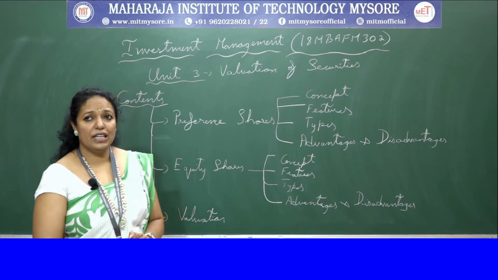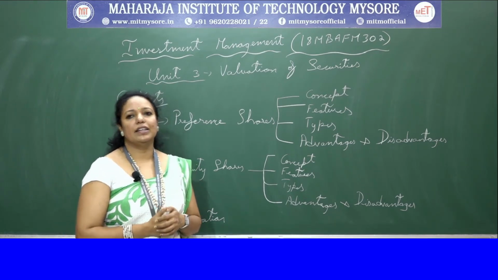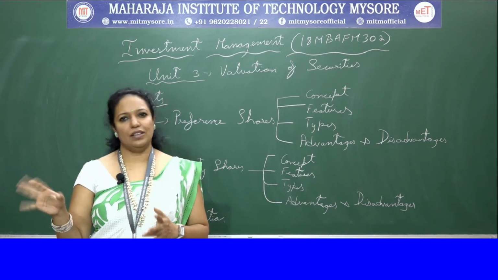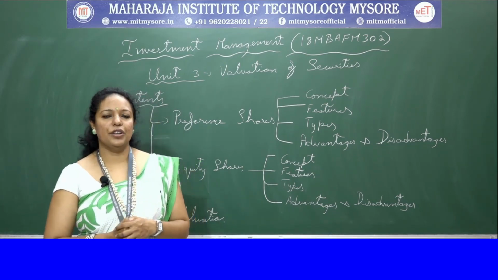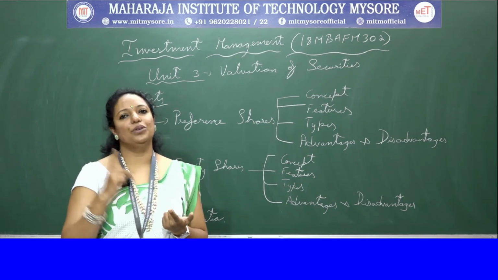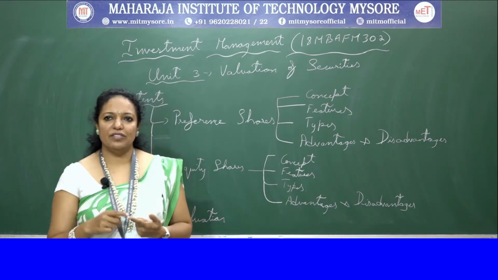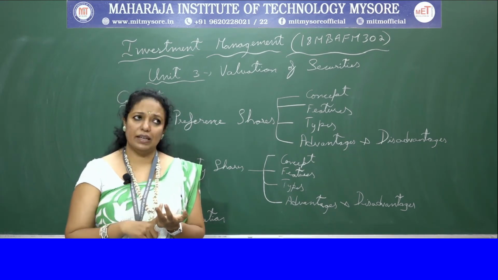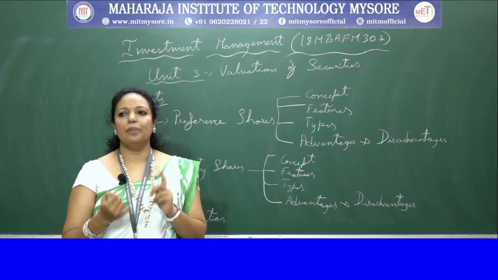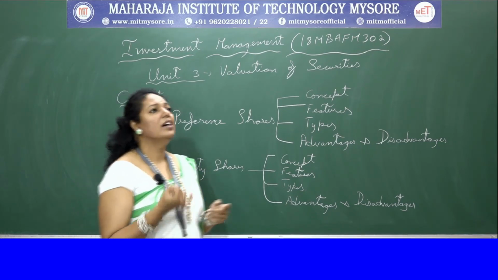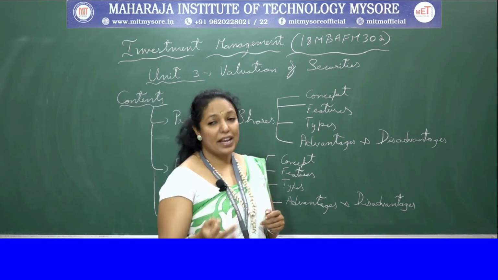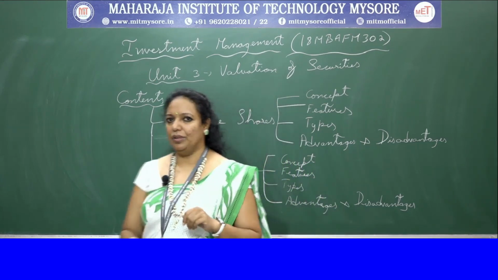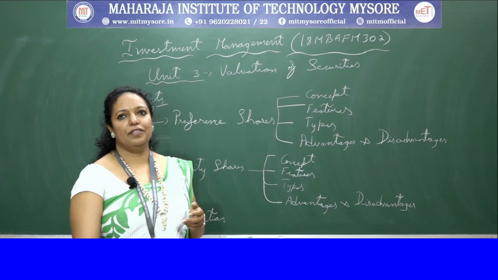Let's move on to the last topic, which is valuation of securities. Valuation of securities can be done in three ways: based on the balance sheet, based on the dividend distributed, and other approaches. Based on the balance sheet, you have book value, liquidation value, replacement value. Based on dividends, you have one year holding, multiple year holding, constant growth model, multiple growth model, and in other approaches you have price to book, earning multiplier approach, price to sales ratio, and market value method. Okay, so these are the different ways.